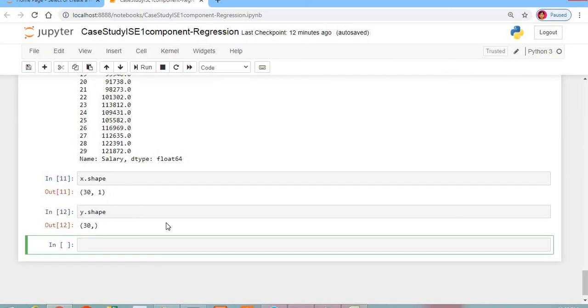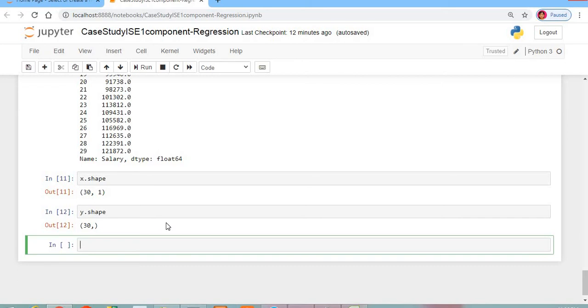So training carries a lot of weightage. So the training data set has to be 70% and the testing data set 30%, or the training data set 80% and the testing data set 20%. So I can vary my data set into training and testing, and I will be splitting this data set.